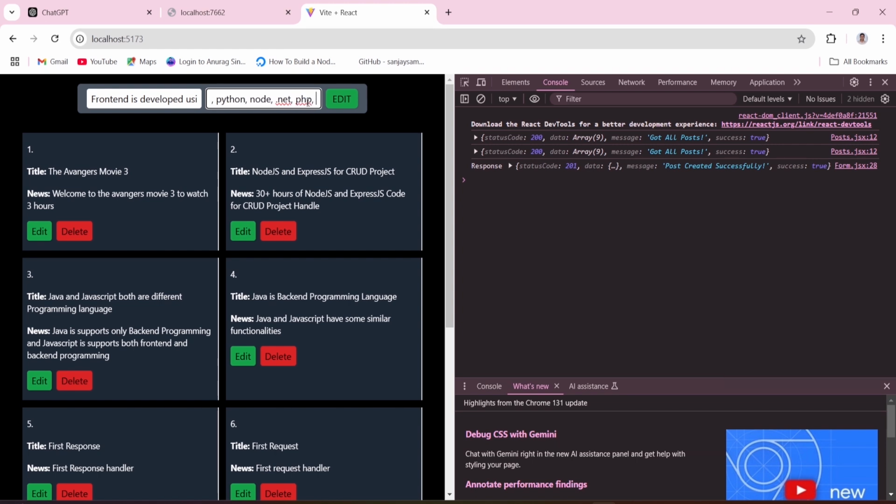Some more, I'm going to give Golang and etc. The technologies are there. In the front end also, the title also I'm going to change with React, Angular or Next.js. There is a framework called Next.js also. You can click on the edit button. See, it is